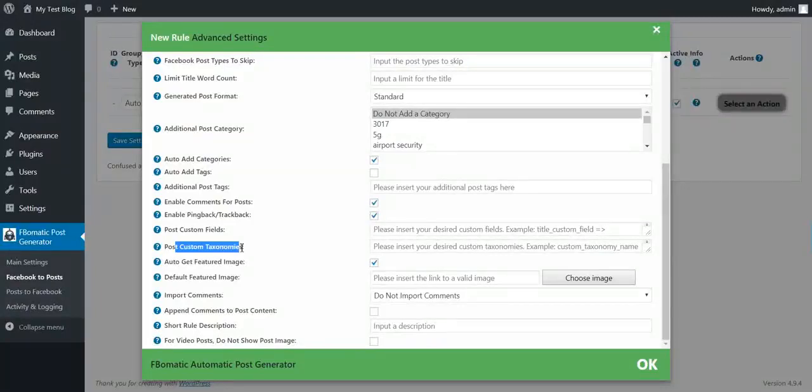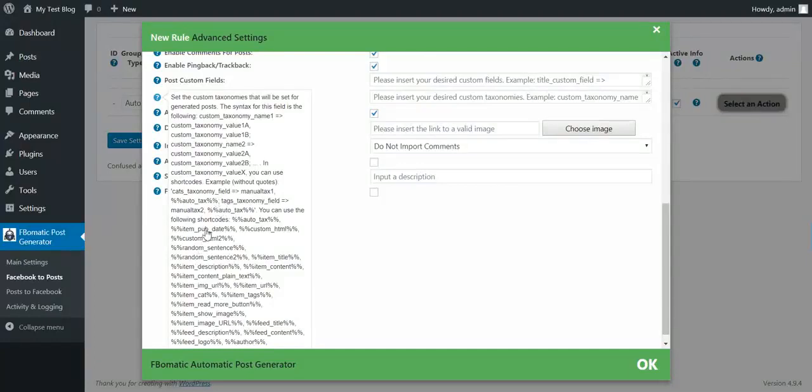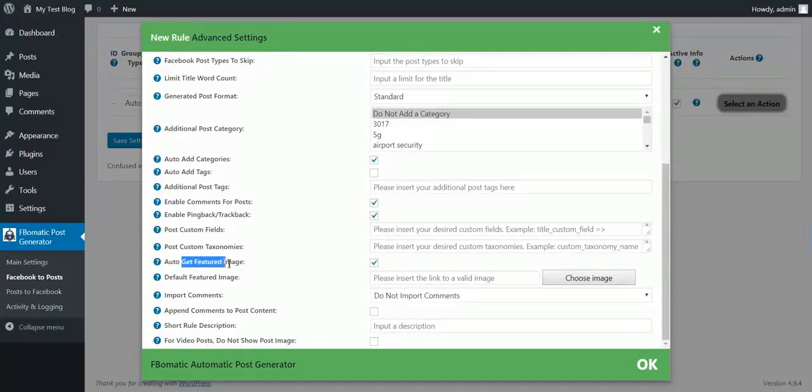And the same goes for custom post taxonomies. Note that the taxonomies will have almost the same syntax, but they will have multiple values and are separated by this point. I don't know exactly how this is called in English, but this is the separator for taxonomies. Okay. Now let's continue, and check this if you want to